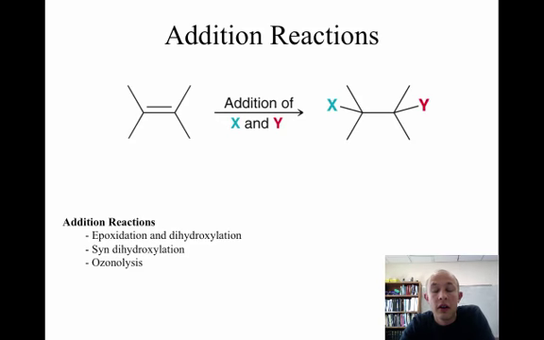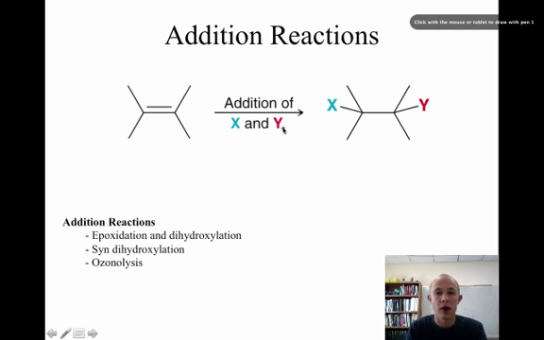In this last video about addition reactions, we'll talk about oxidation of alkenes. In the previous videos, we've talked about adding different atoms X and Y across double bonds. Those can be hydrogens or oxygens or halogens. In this video, actually, this might be hard to see in some cases, but both X and Y will be